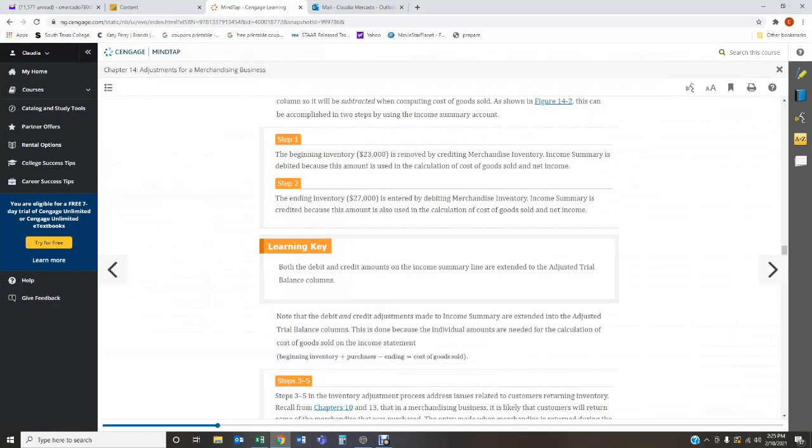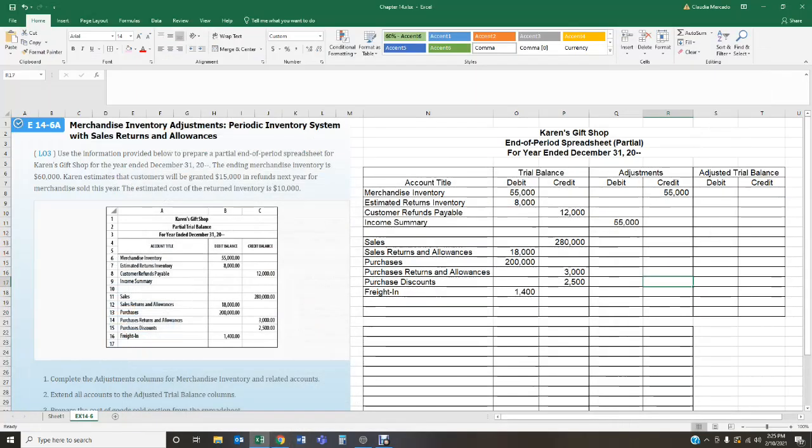Now, let's go back. On step number two, it's saying that the ending inventory is entered by debiting merchandise inventory and income summary is credited. So whatever our ending inventory is, we're going to debit merchandise inventory and we're going to credit income summary. The amount of my ending inventory is $60,000. So I'm going to debit my $60,000 to merchandise inventory, and then I'm going